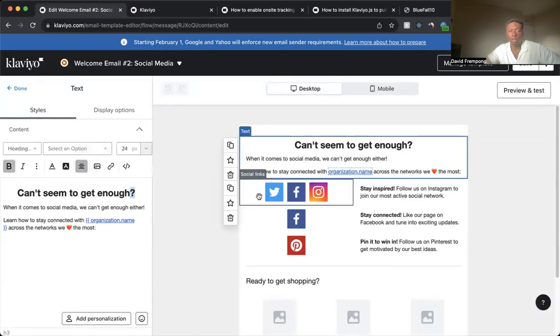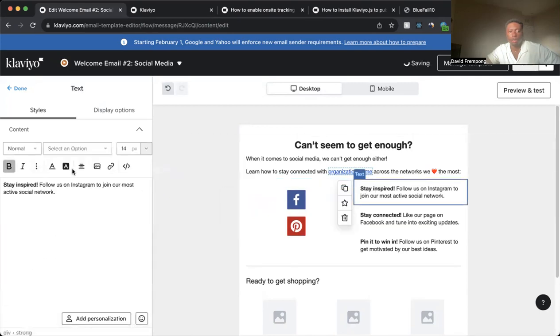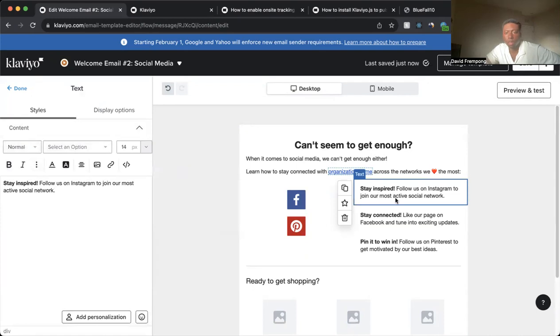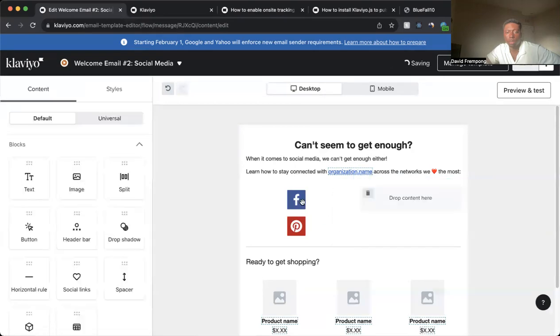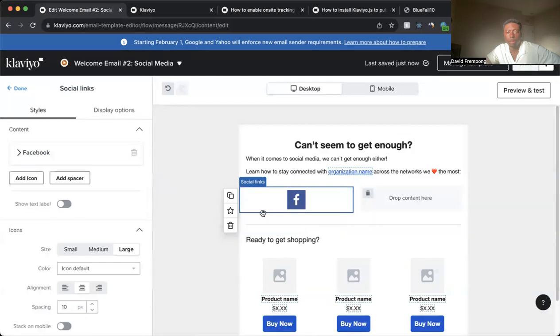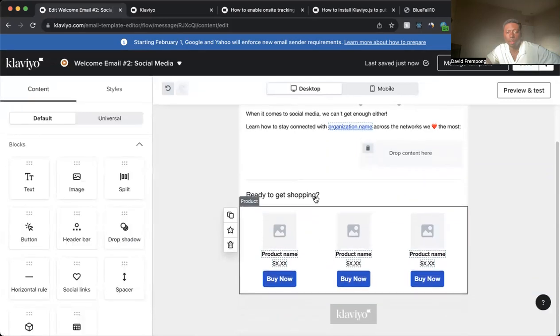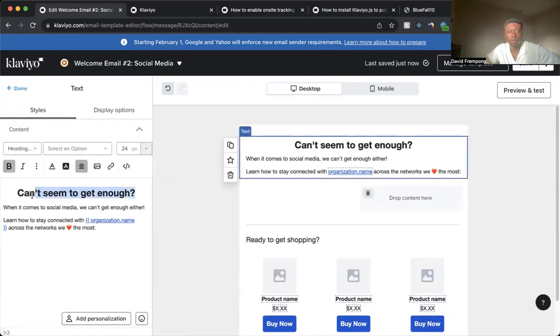So let's say we don't want to do social media. So I'm going to delete this. Just delete all this. Okay, delete like this. Delete like this, delete. This is what I want to show, ready to get shopping. So I'm going to say, so I'm just going to keep it simple here. So I'm going to say,